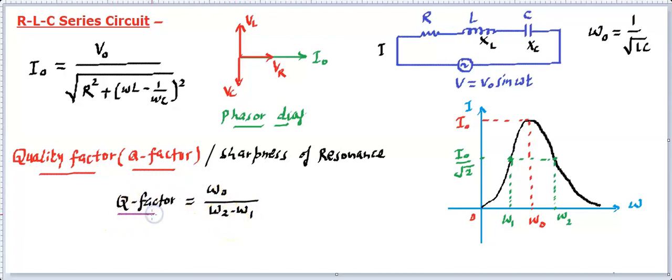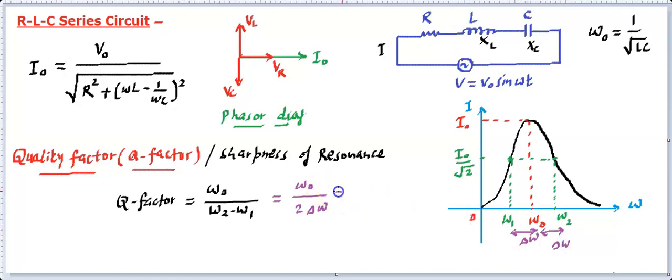So the more the quality factor, Q factor, the more sharpness you are going to get. Which graph or which circuit is sharper can be found out using the Q value. Q value is omega naught upon this, and ultimately it comes out to be omega naught upon 2 times delta omega. Delta omega means this part, half of it. If this is delta omega, that means omega minus omega naught. So this is how we can interpret it. Delta omega is basically half of the bandwidth, so that's why I am placing it as twice delta omega.